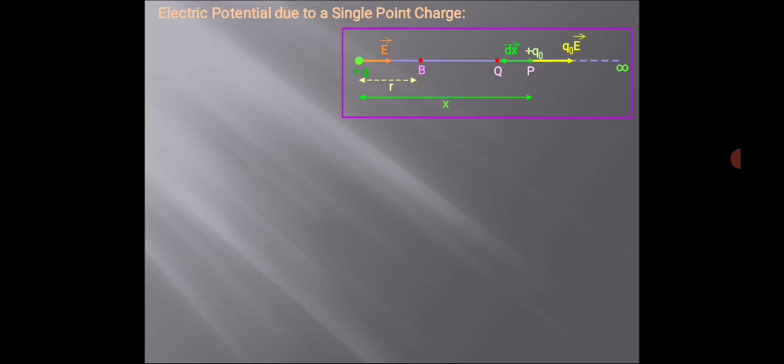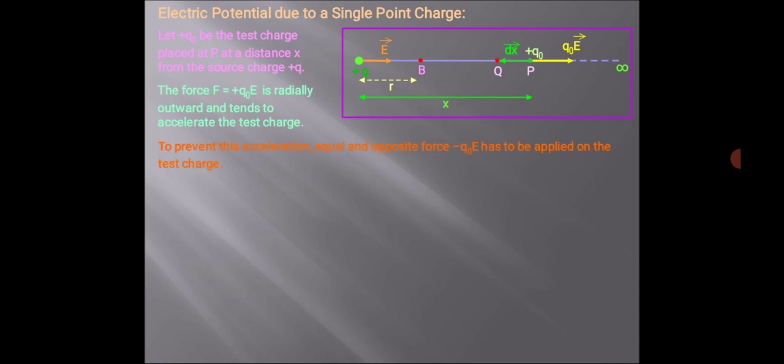Now let's start the derivation. Before starting it, let us consider the distance between point P and Q is dx. So let charge plus Q naught be the test charge placed at P at a distance x from source charge plus Q. The force F is equal to plus Q naught E, radially outward, and tends to accelerate the test charge. To prevent the acceleration, equal and opposite force minus Q naught E has to be applied on the test charge. So work done to move Q naught from point P to Q through dx against Q naught E